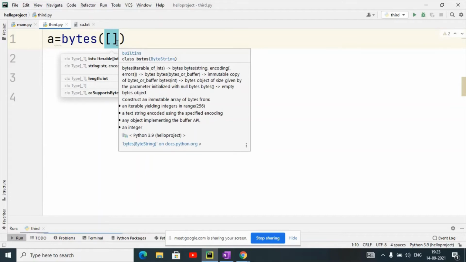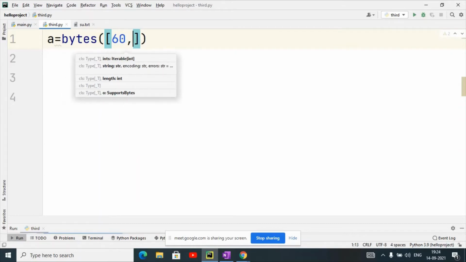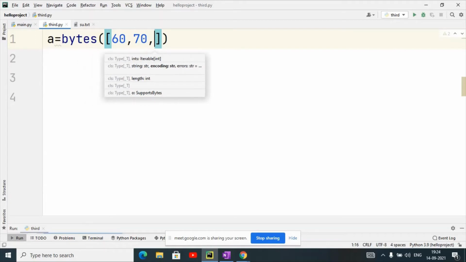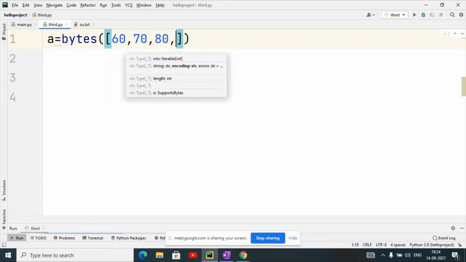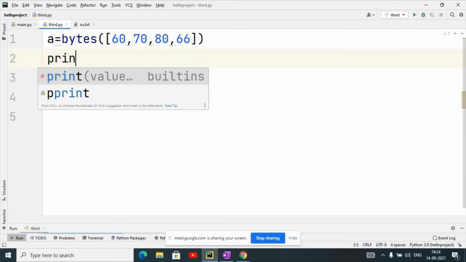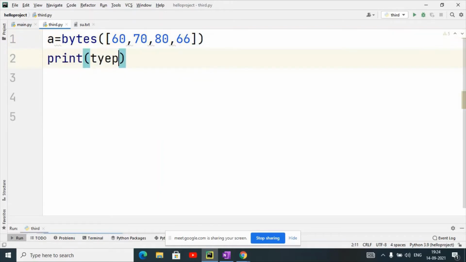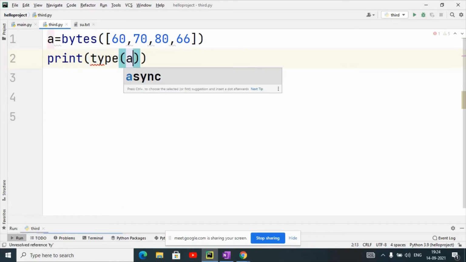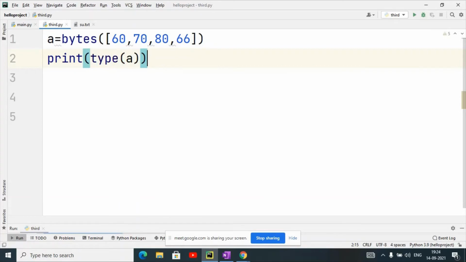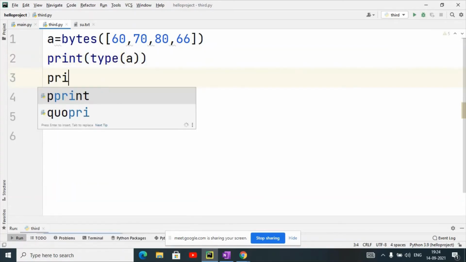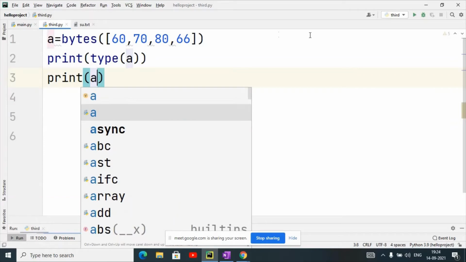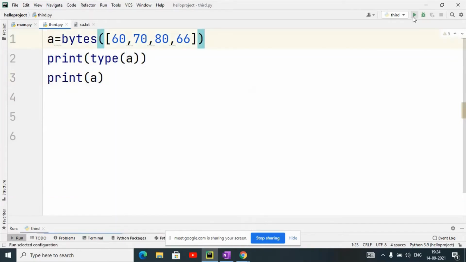Which data type uses square brackets? List. Very good, list type. So I have given 60, 70, 80, 66, and now I will print the type of A, and print A. Now when I execute this,